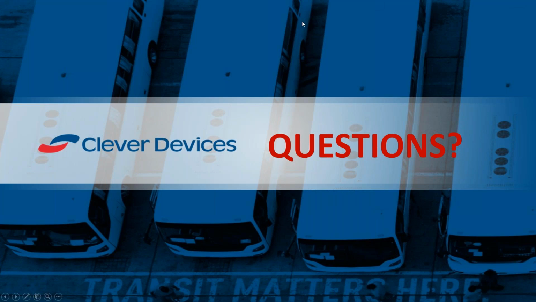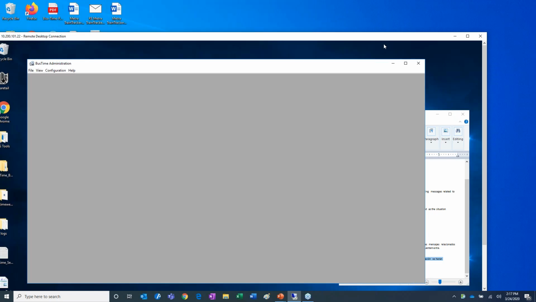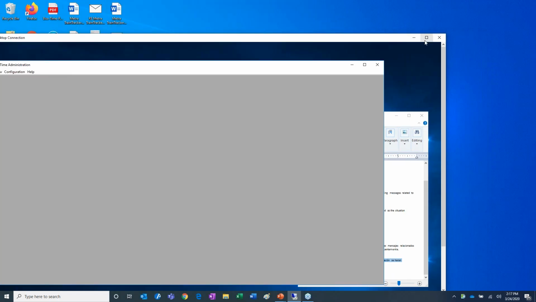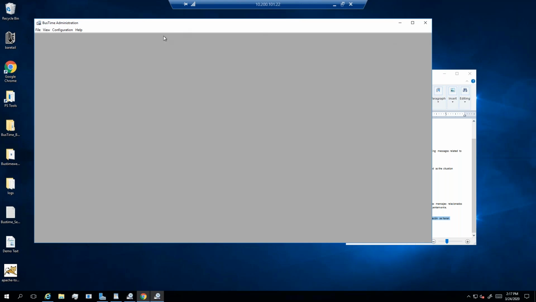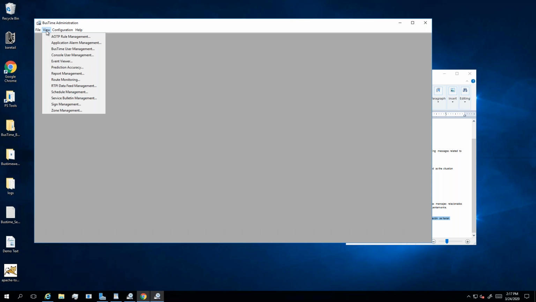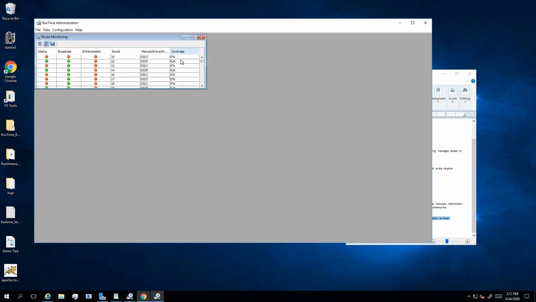Sure, and if you want to give me back control, I can show where we would administer some of these actions in the BusTime administration console. Absolutely, I'll do that right now. All right, from within the BusTime administration console, going to View, Route Monitoring.